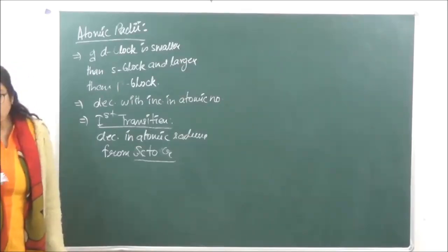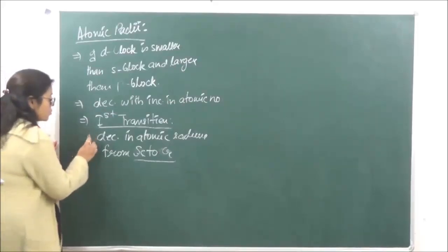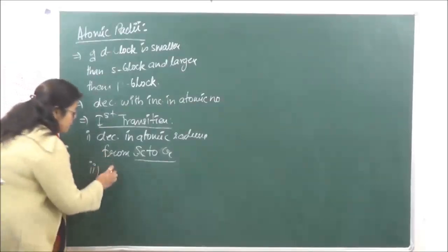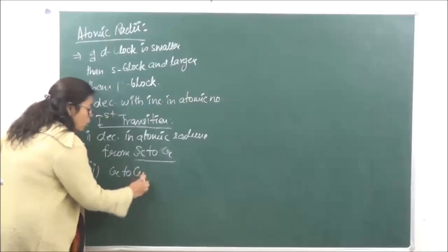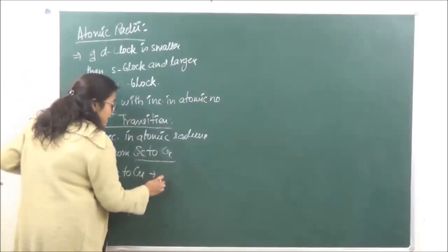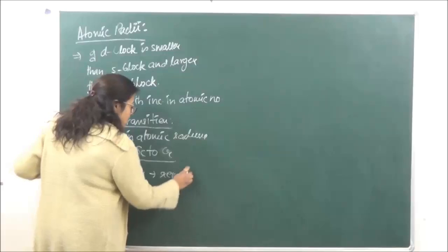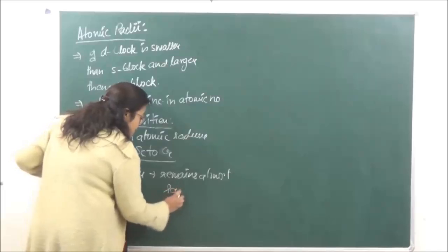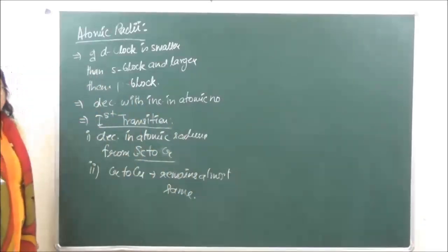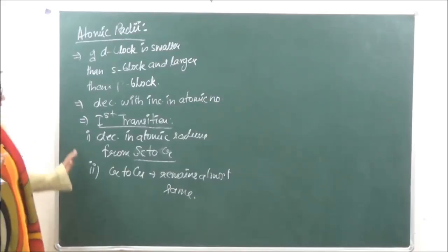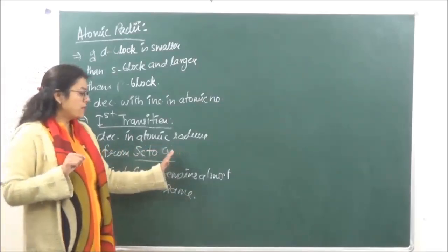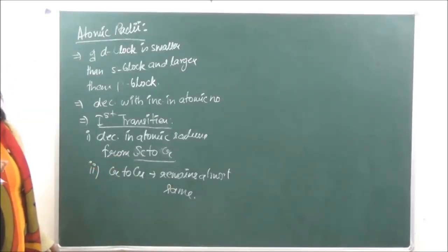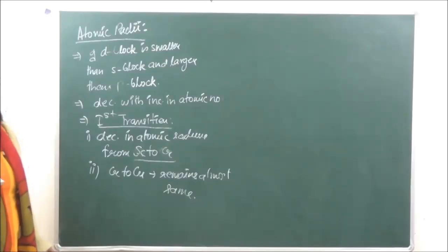But when we are going from chromium to copper, so this is the first point over here in the first transition series. Second point you can write, when we are traveling from chromium to copper, the atomic radii remains almost same. Now the decrease in atomic radii, as I told you, that is due to increase in nuclear charge. फिर जब हम लोग chromium से copper जाते हैं तो in that case the same size from chromium to copper,